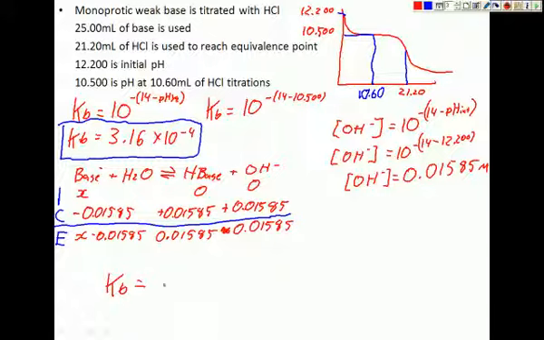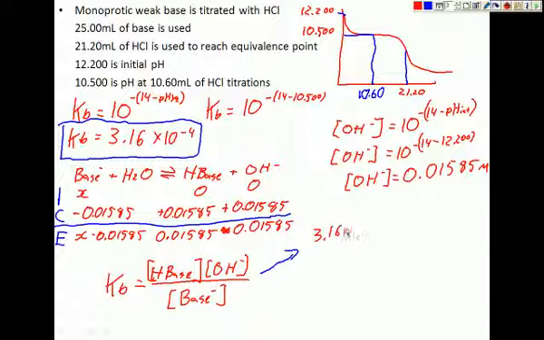Make my Kb expression, which is going to be HBase concentration times OH minus concentration, divided by our base minus concentration. Okay, plug in our numbers. Kb is, well, we figured this out earlier. So I'm just going to write it up here. 3.16 times 10 to the minus 4,